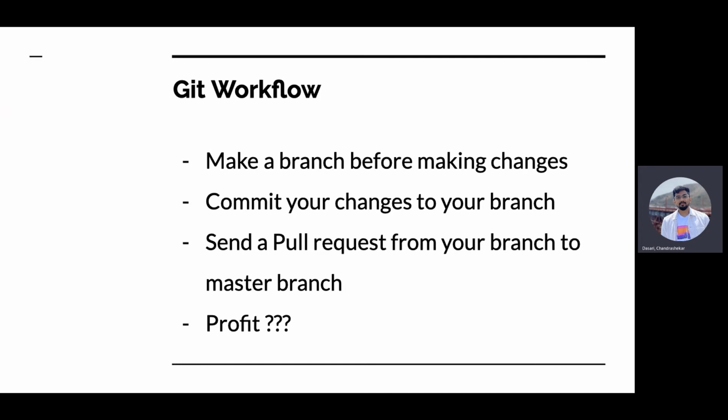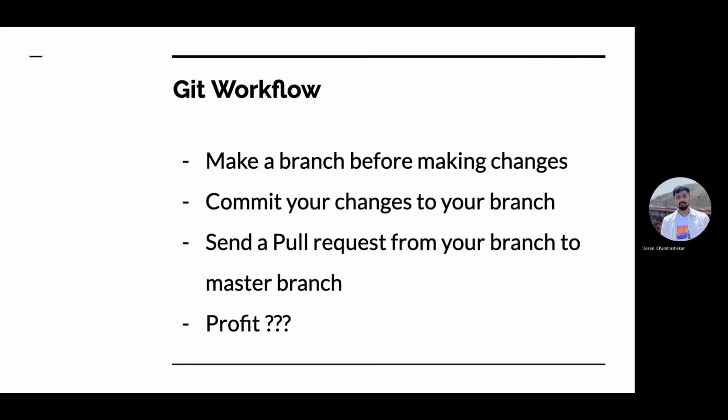You make a branch, make your changes, and then commit your changes inside your branch. This is a common mistake: do not commit your changes to master. That is a different branch. So every time you're committing changes, commit to your branch itself. Make sure you're working in that branch. You're not making changes in master or someone else's branches.